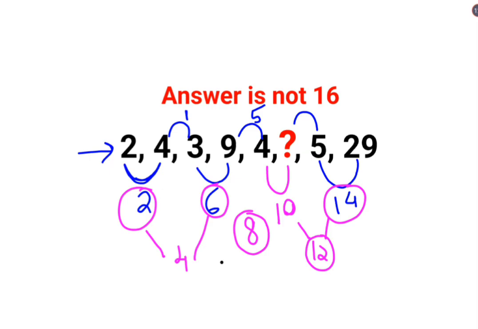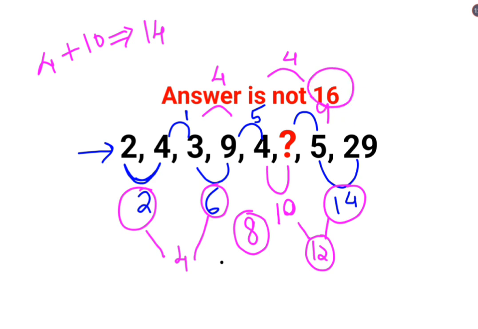Okay, so this makes a lot of sense, right? So 4 plus 10 gets you what? 14 as the answer. Okay, and here the next number comes out to be 9. Okay, so difference is of 4 in the upper series. So I hope you've understood how to solve these kind of questions. Yes, it looks very tempting and you won't believe 16 was definitely one of the options, but a lot of people thought that was the answer, but they got it incorrect.